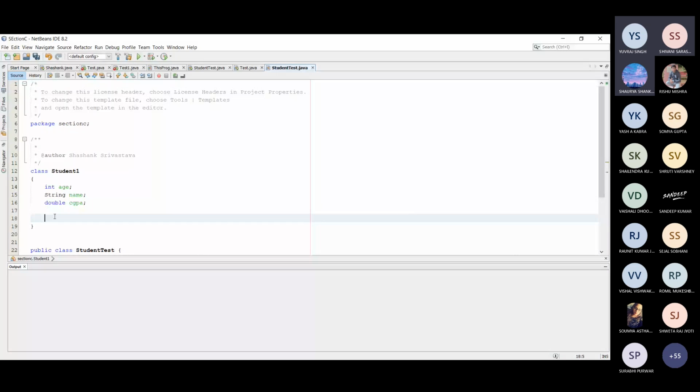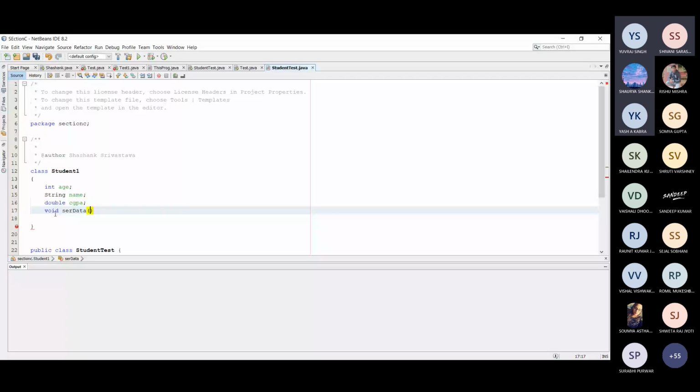One way of initialization of age, name, and CGPA, I can write here like a void setData. I can write like this: void setData, and there are 3 parameters. So I write integer a, comma, string s, comma, double c, suppose. Okay.